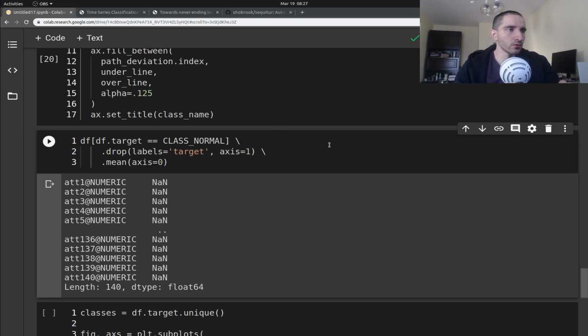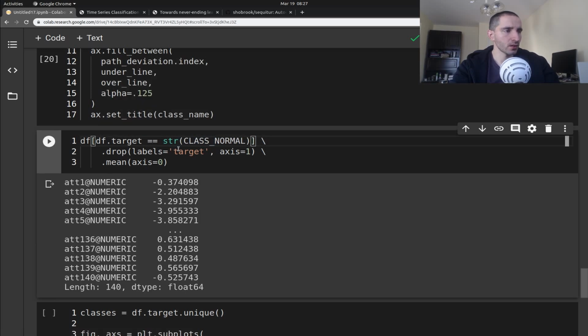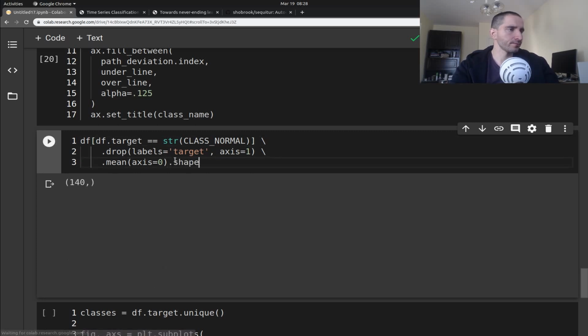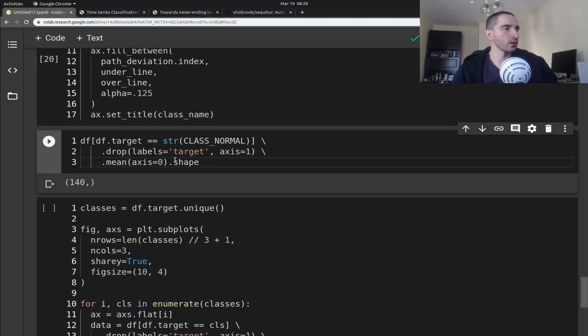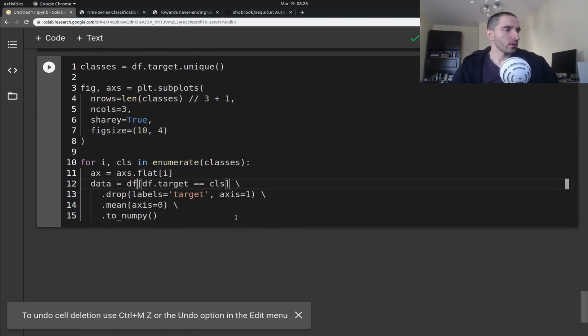And if we do just this, you might get not a number, so we should convert this to a string. And as I've already said, we have the mean values in here. So the shape of this should be just 140 examples, which is what we need. So these are just the mean values here. Okay, so let me continue